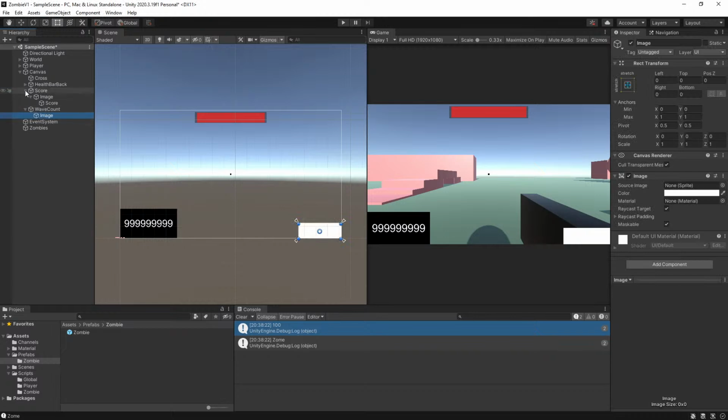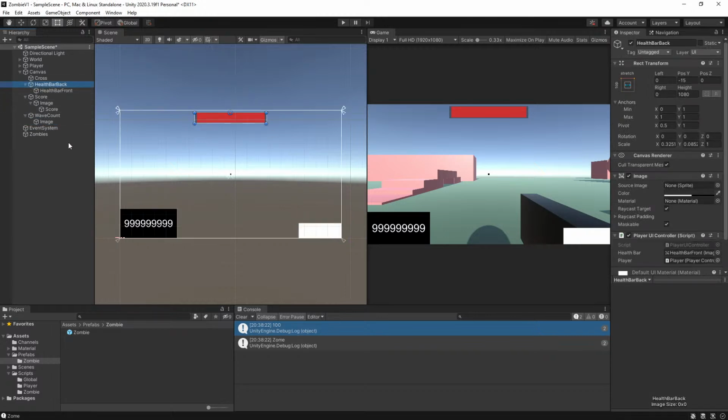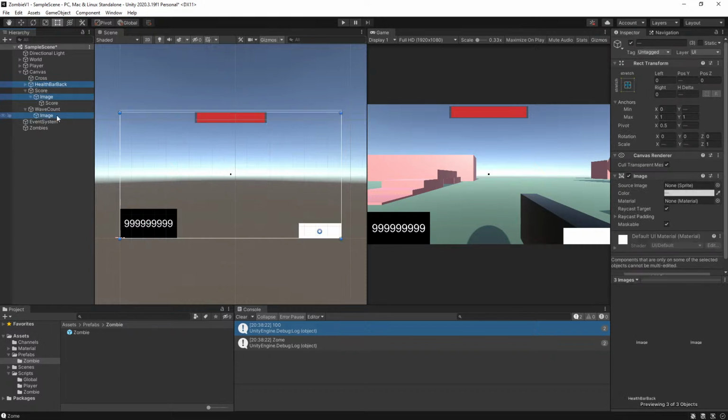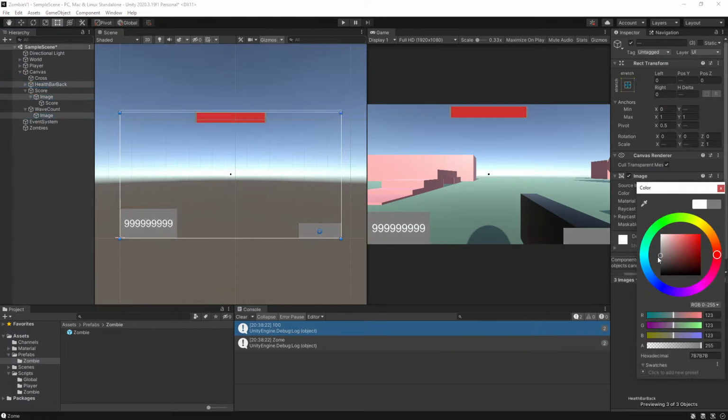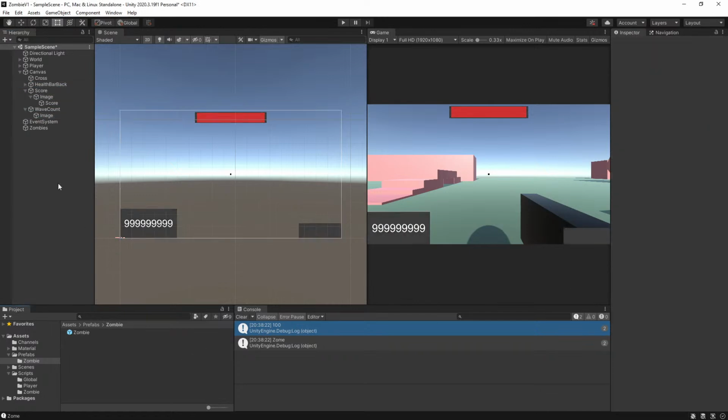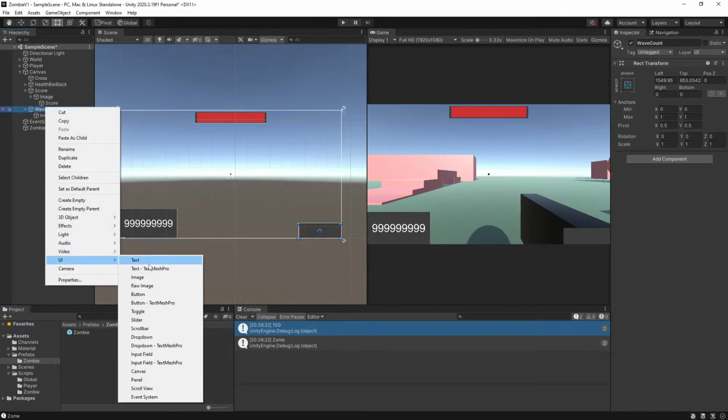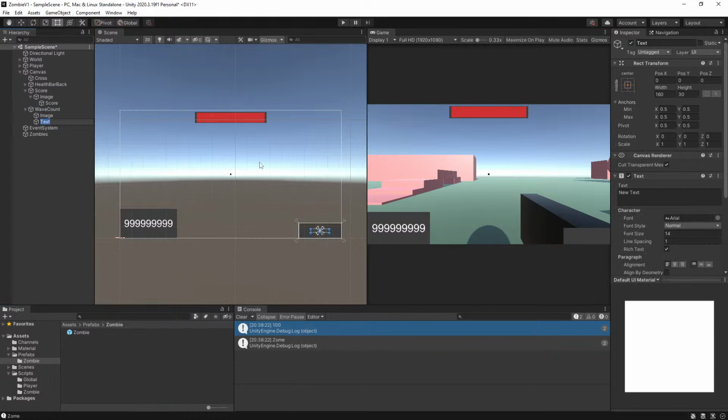And then just like before, I want all my background images to be the same color. So I can click all of them: the score image, the wave count image. I can set them all to the same color just to make them all uniform. UI text, and this is going to be wave number. And then this is like wave